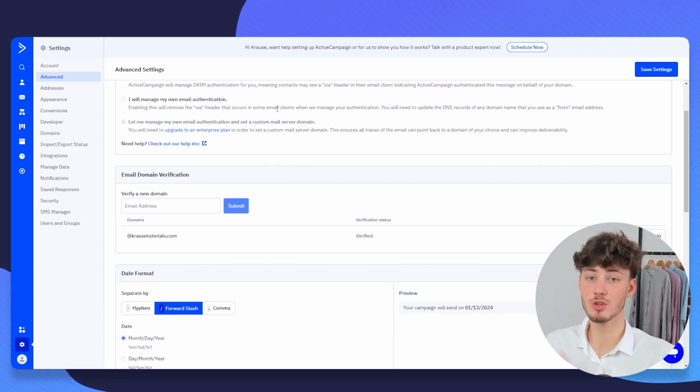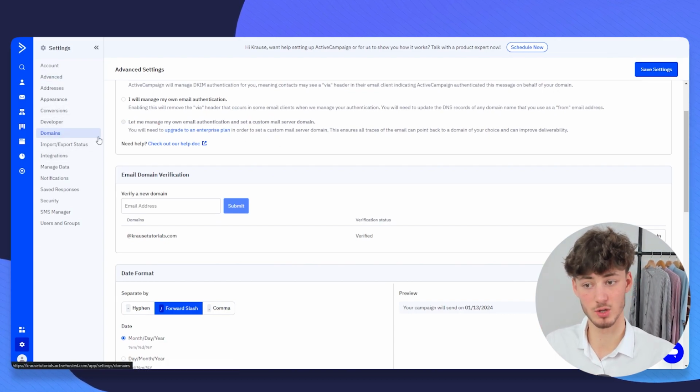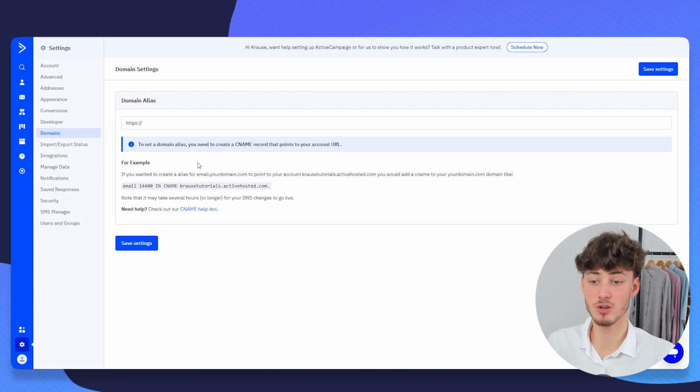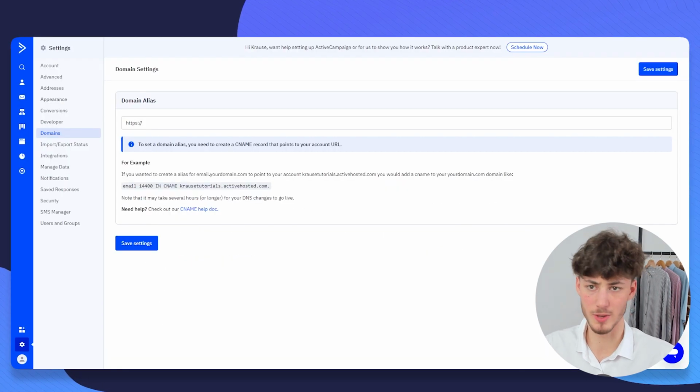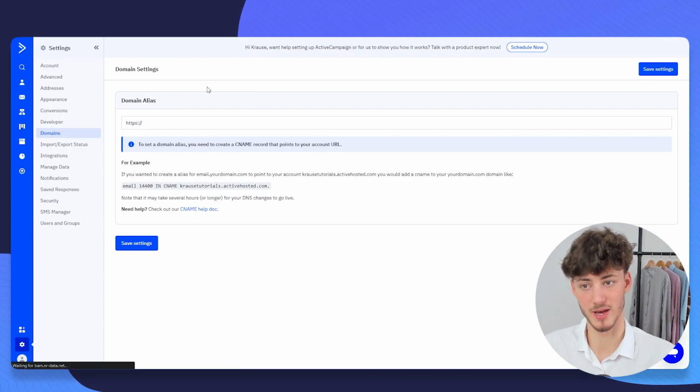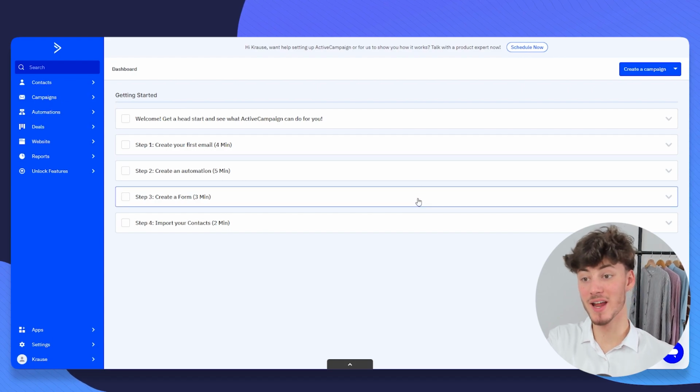So if you actually do want to use ActiveCampaign to also set up stuff like landing pages, you will have to also head over to domains right here and add your domain onto ActiveCampaign. You can do so by just using this CNAME doc right here. It is going to be pretty self-explanatory. For now, just head over to your ActiveCampaign dashboard, and now we can actually get started importing and managing our